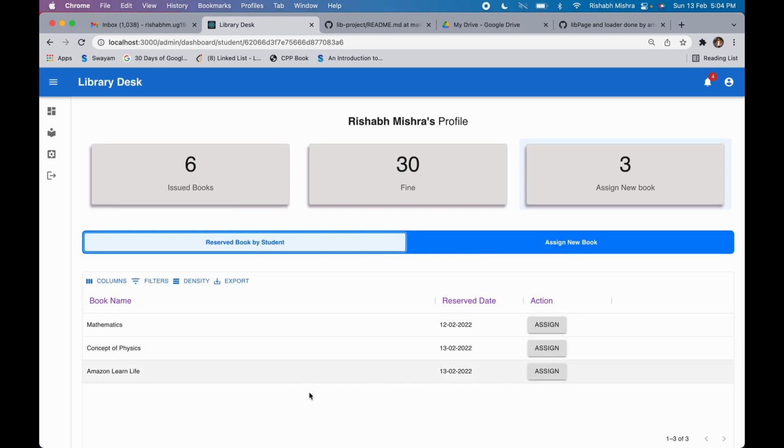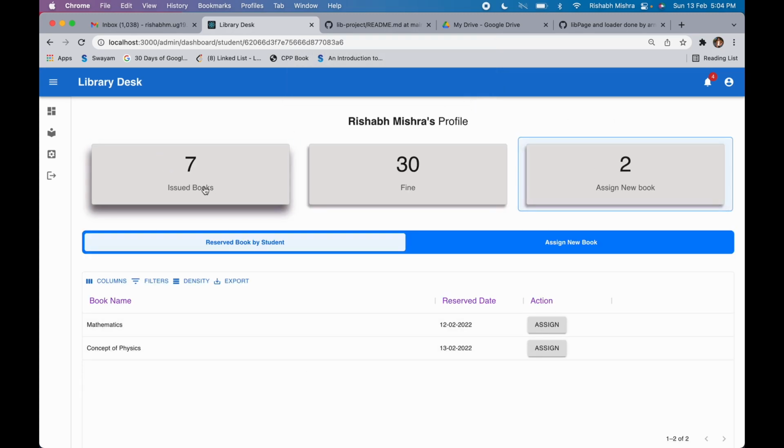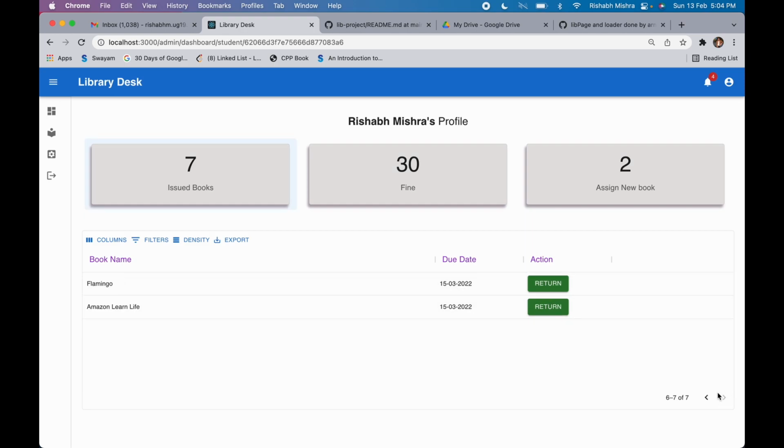So in reserved book by students, he will be getting all the books that the user has reserved. So for now we have just reserved Amazon Learn Life at this date. If we assign it here, this book will be assigned to this user. So see, now the assigned book has become 2, and in the issued books we will be getting Amazon Learn Life